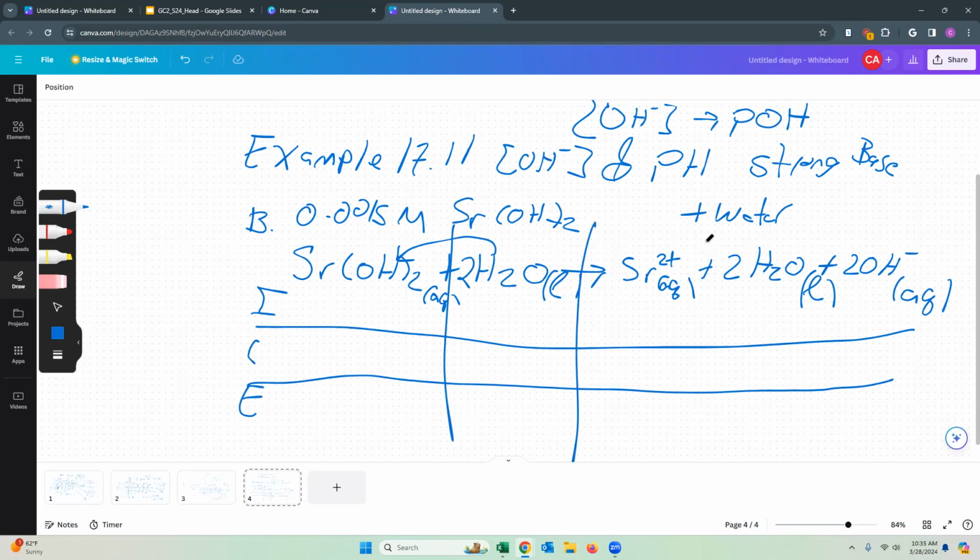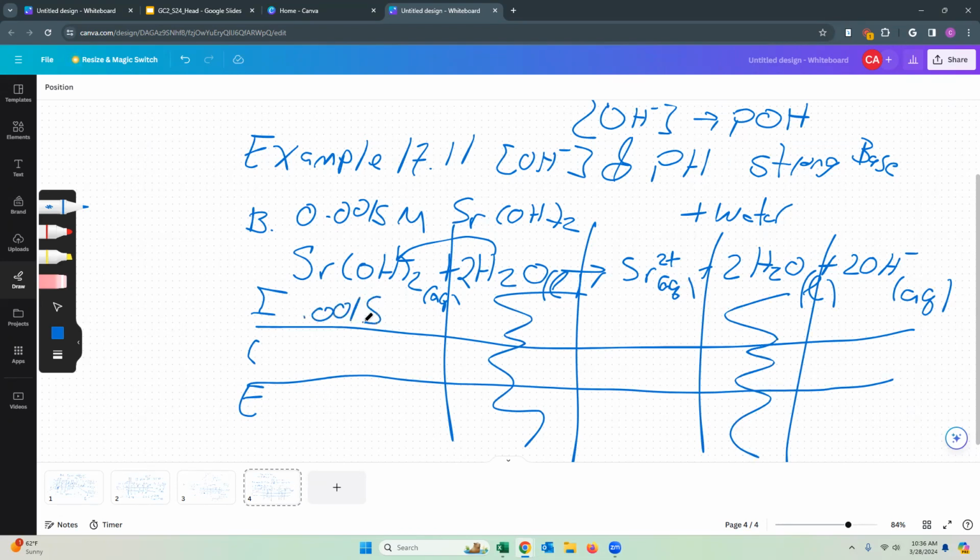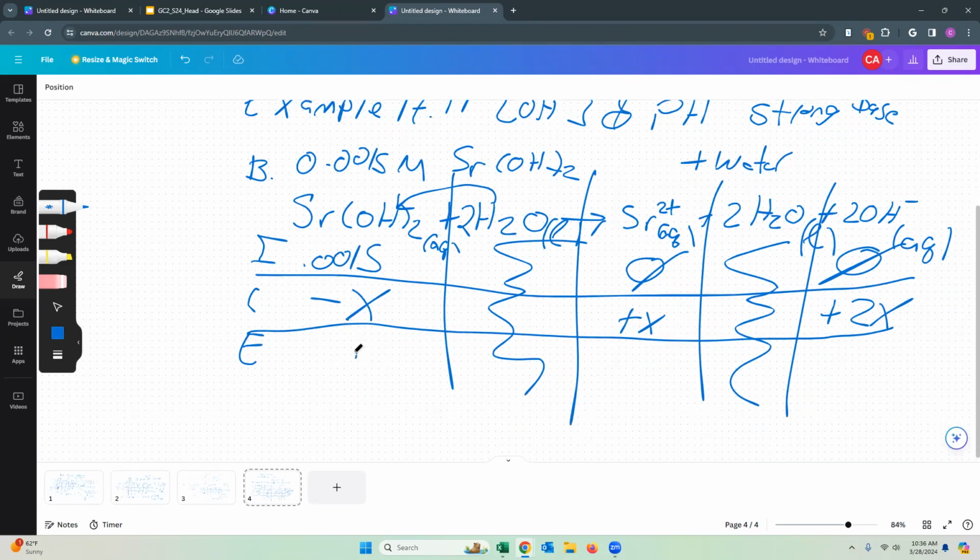Anytime there's a plus or an arrow, I get to draw a line. Waters, liquids, go away. My initial concentration is 0.001500. This is strong, so I always lose reactants: minus X, plus 2X. And so the strong base concentration is 0 at equilibrium, which means X must be 0.0015